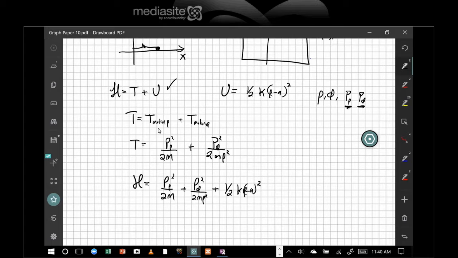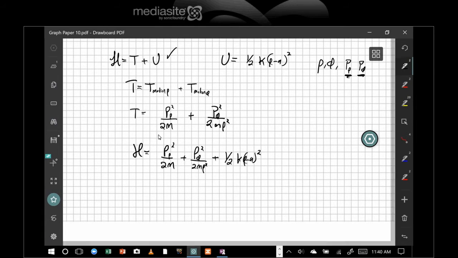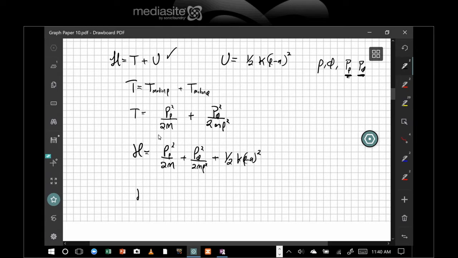Okay, so then part B asks, identify any conserved quantities. Provide a physical explanation for why these quantities are conserved. Well, mechanical energy is conserved because there are no non-conservative forces. The Hamiltonian is a function of rho, p_rho, and p_phi, but not phi. It is cyclic in phi. That means the angular momentum associated with phi